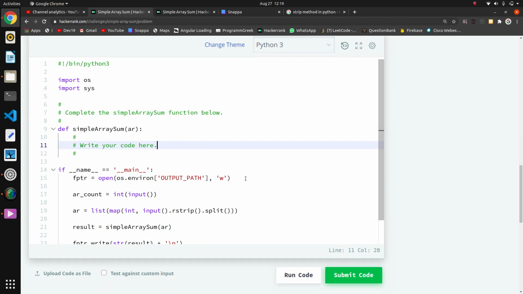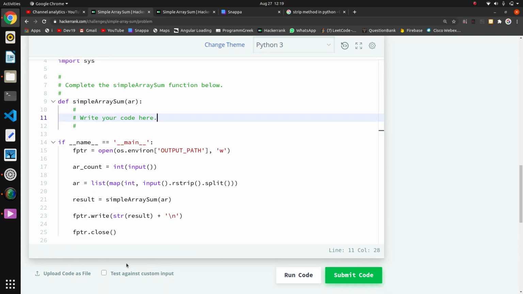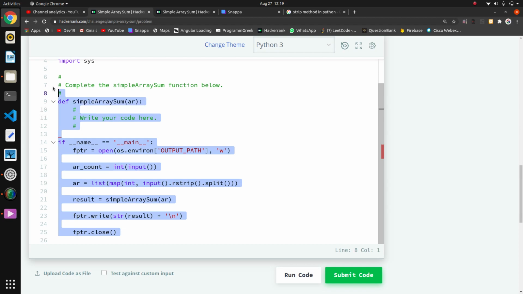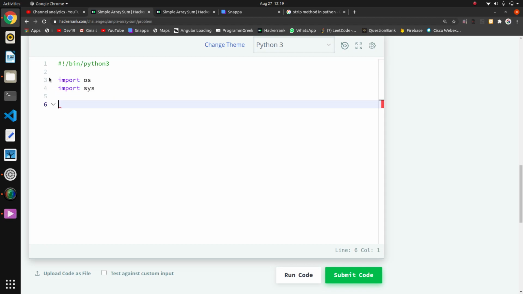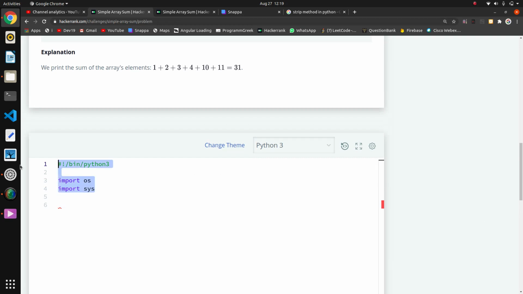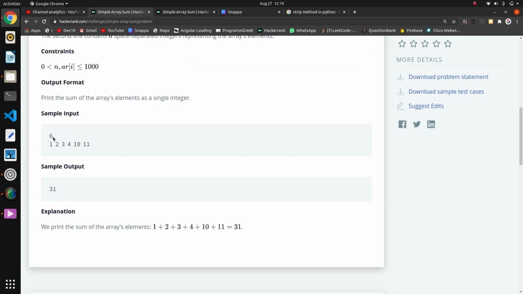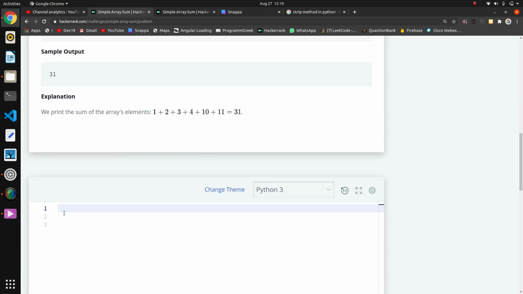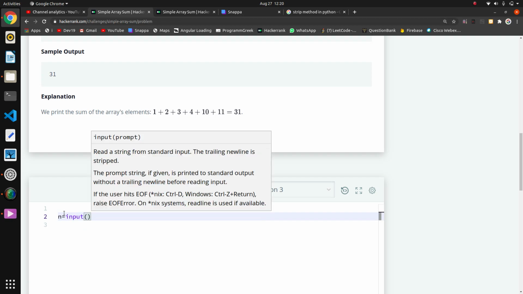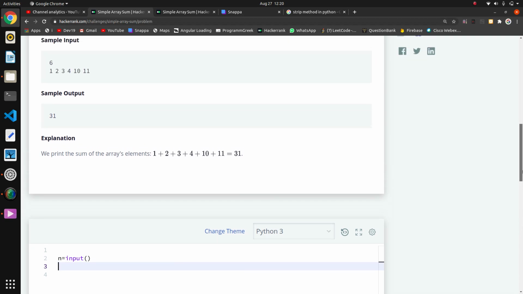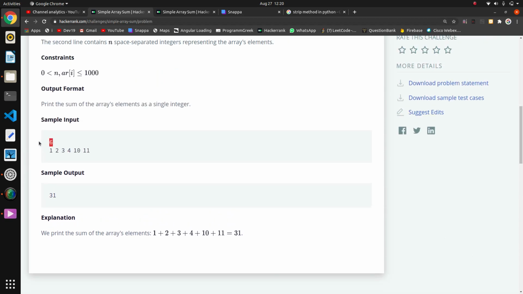Here they have written all these things, but we won't go through all this setup. We will write our code on our own, meaning we will take input ourselves and give the output ourselves. First of all we have to take this 6 and all these elements, the number of elements. So I want to take the number of elements in an array. For that I will take n is equal to int, input directly, because I don't want to use this number; this 6 is not useful in Python.